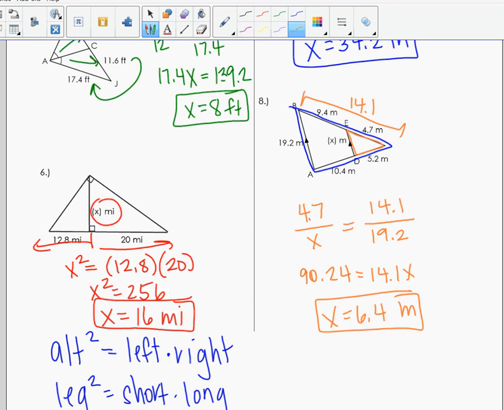Now, the only other thing I want to say on that is the other option here, you could use the 5.2 in place of the 4.7. Then you would just need to use this whole side and use 15.6 instead of 14.1. So it doesn't matter which side, it's just the fact that you want to pay attention to, okay, now I'm finding the bottom of the triangle, so it's similar triangles, it is not triangle